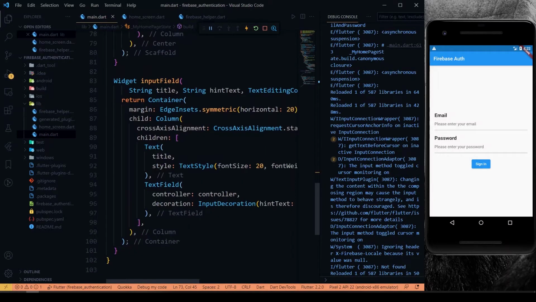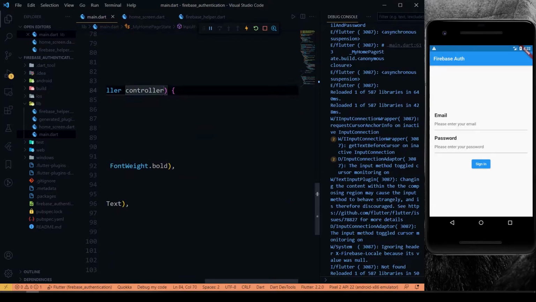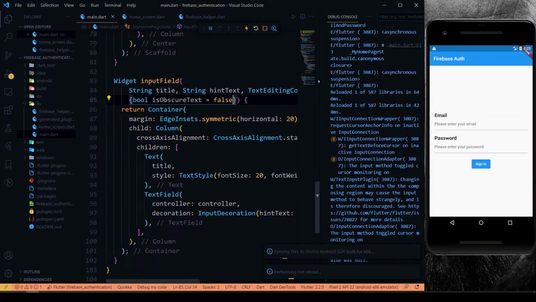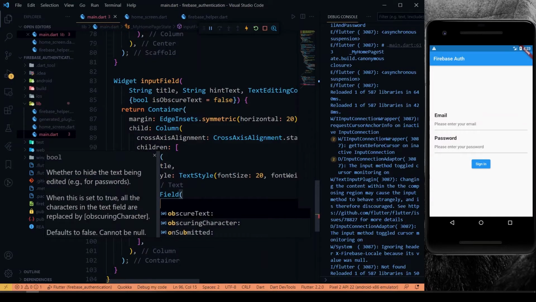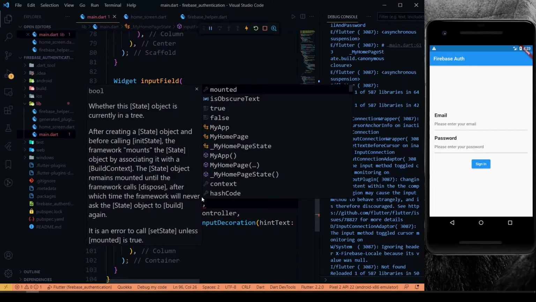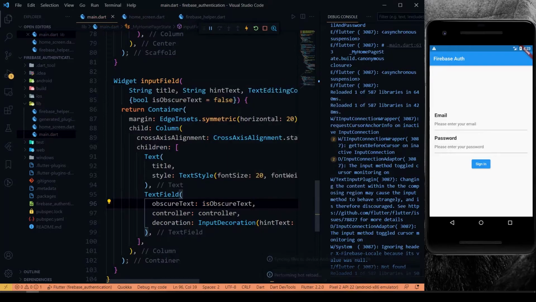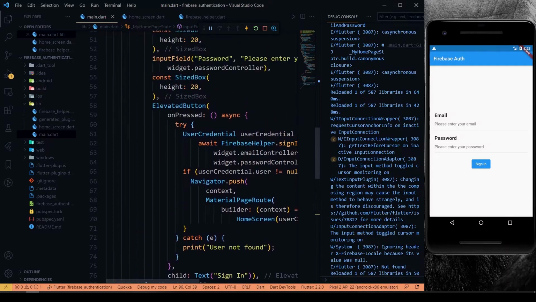And in the input field, we will also do like this. I'm going to take one extra optional parameter, which initially will be false. So inside our text field, obscure text is that parameter.